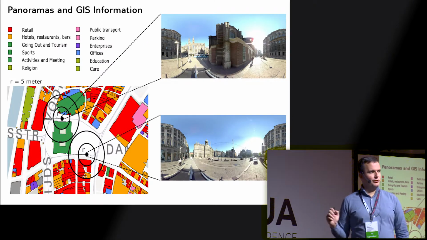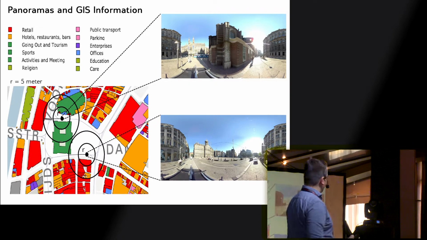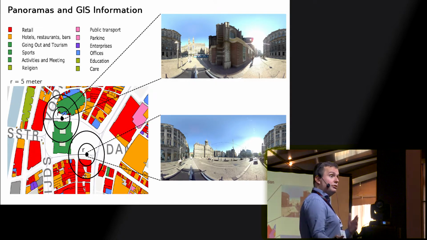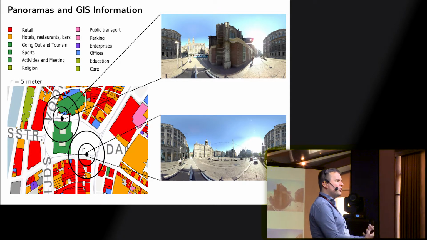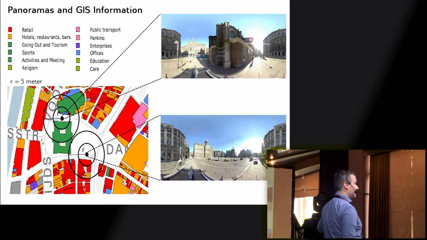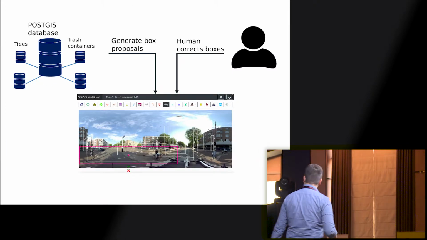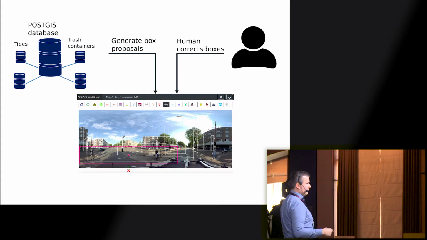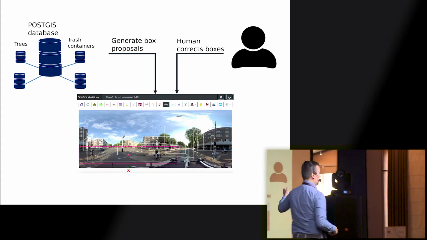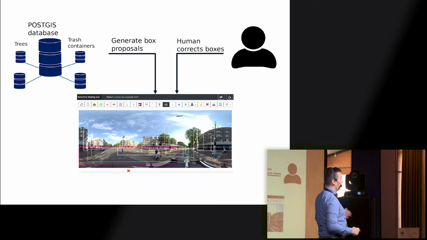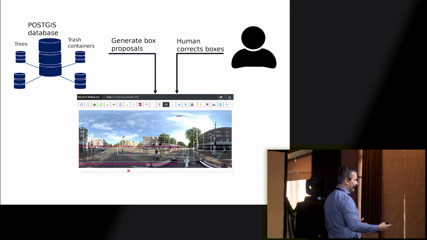We are analyzing lots of GIS data, information about the objects in a scenery, trying to register those objects, trying to detect different issues. So you see it's getting more and more into computer vision, but in very practical use cases. And this is how we actually do it. We first do it often automatically, making an automatic pass based on GIS databases or computer vision. And then we ask humans to correct it